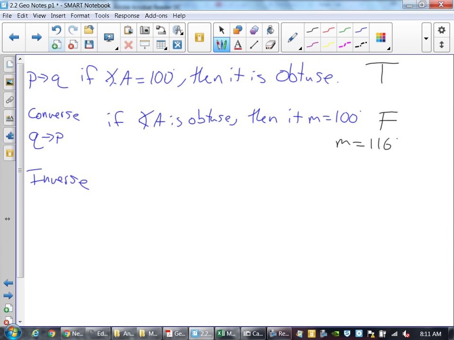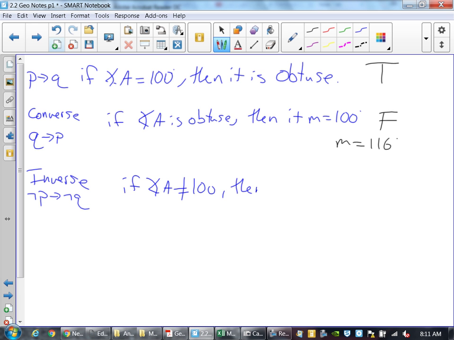The inverse was the not P implies not Q. Not P implies not Q. So that means you go back to your original statement. Your original statement said if angle A is 100, so now I would say if angle A is not 100. You guys have used that before. The equal sign with a slash means not equal. You've all seen that, right? If angle A is not equal to 100,